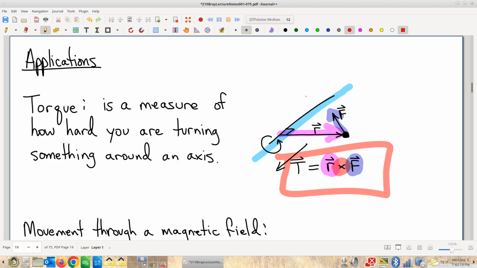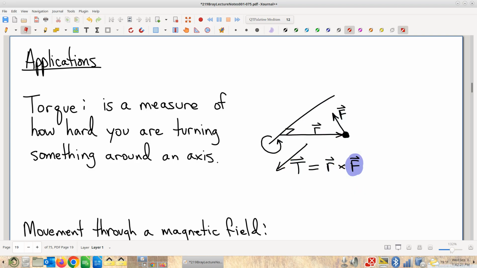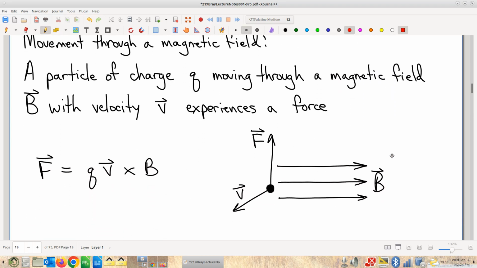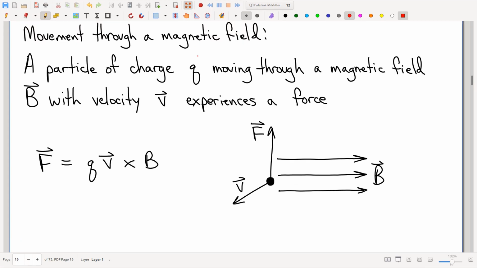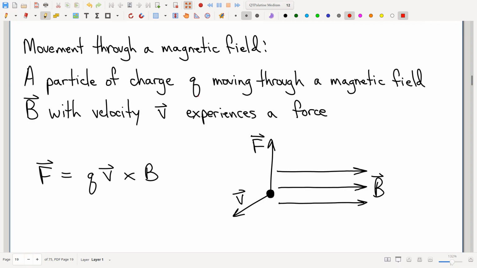Let's see. Oh, this thing always moves. Okay. Another mysterious, weird application, I guess you might call it. But let me say it differently. Real world manifestation of this mathematical construction we've been talking about, called the cross product, is magnetic forces. This was really weird. Magnetic fields are weird. Again, don't blame me. We didn't do it. But the way magnetic fields work is if you have a magnetic field, let's say pointing